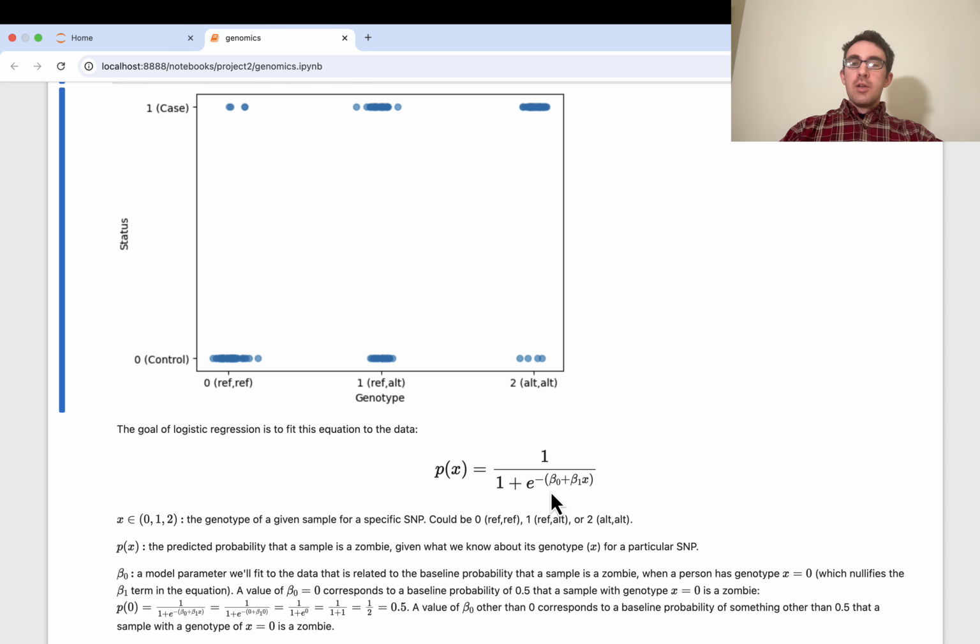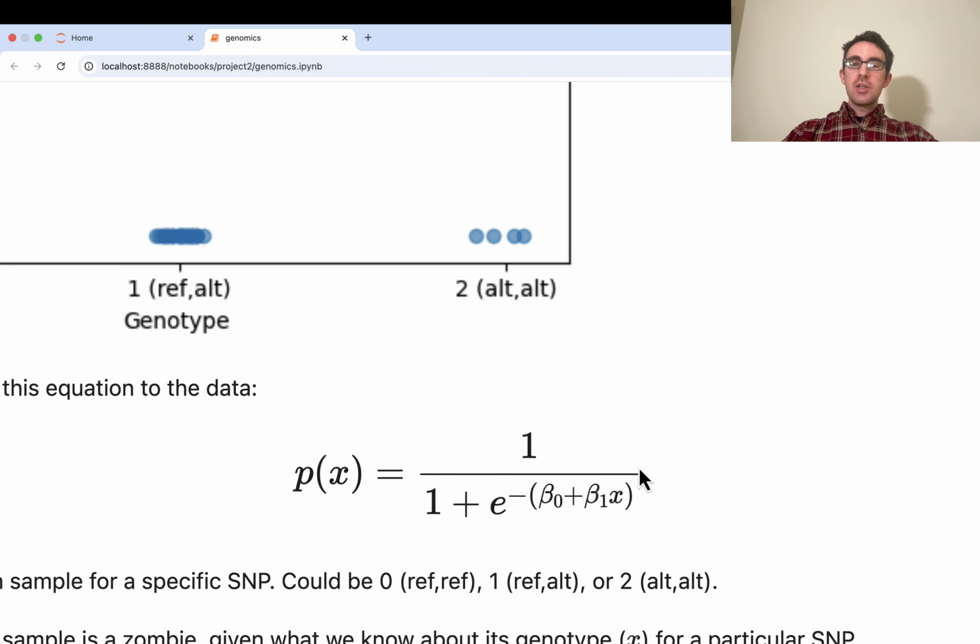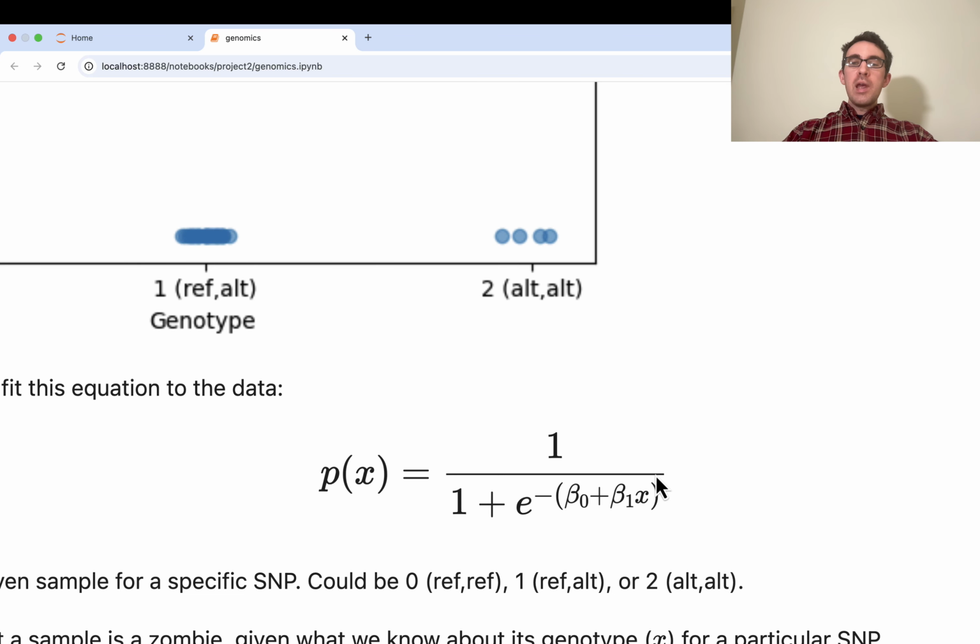Okay, so it is a little bit of a trick question, because it is not the base rate for the entire population of people. It's not the base rate for the entire population of samples, meaning people of all genotypes. In fact, it's a base rate for people who have the genotype X equals 0, or 2 copies of the reference allele. And the way to see that in the equation is to see that